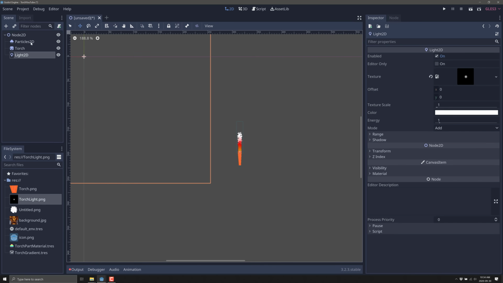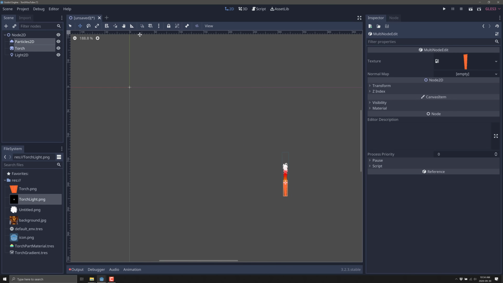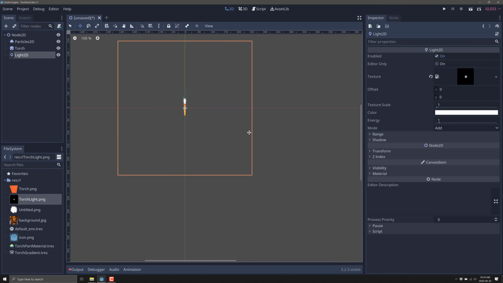Now, I'm going to want to go ahead and move these guys. So let's center these guys around the axis so that everything actually makes sense. So let's bring you right there. And then our light setup anchored around. So there is the shadow it's going to cast.